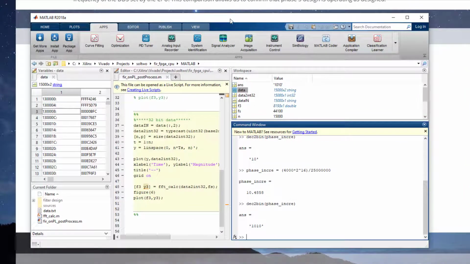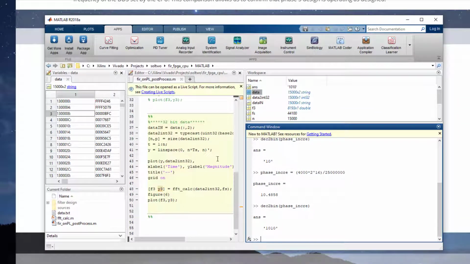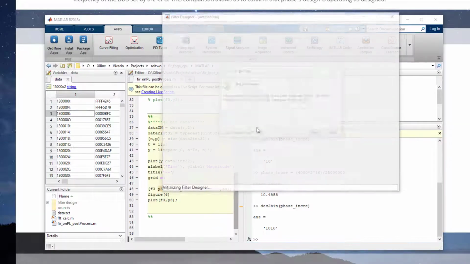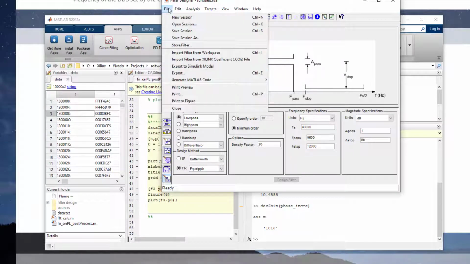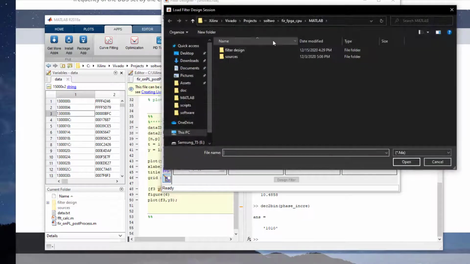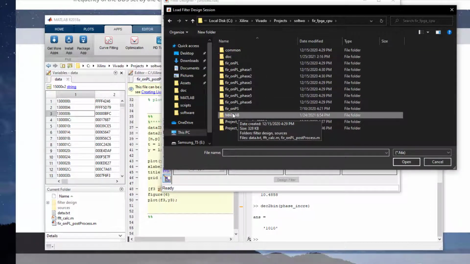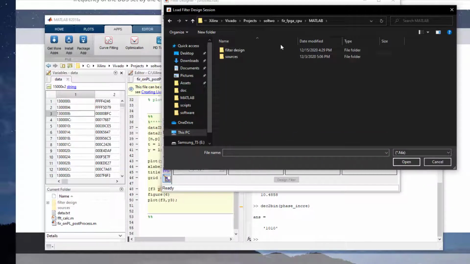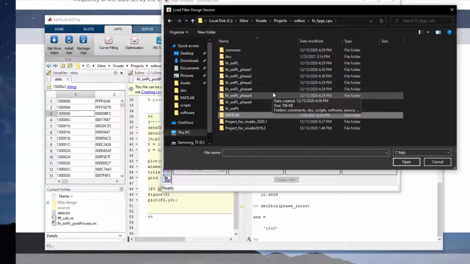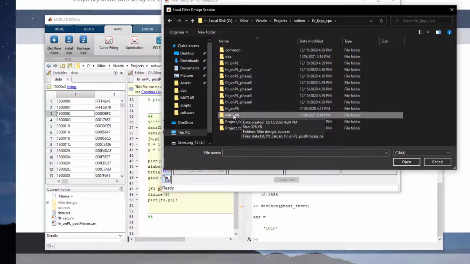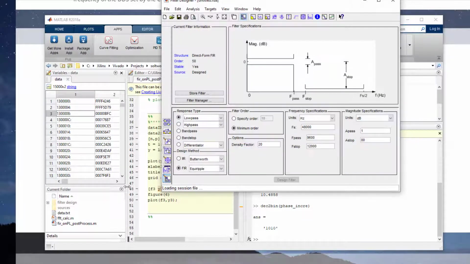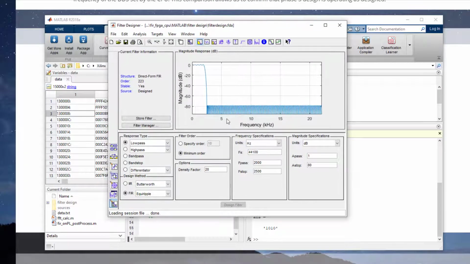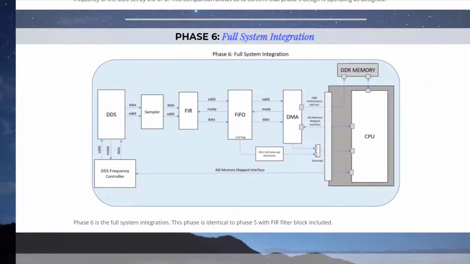If you have some other tool that's fine, but I've used Matlab to design the filter. If I go to apps, filter design, and then I'll open the filters that are already designed. That should be file, open session, and it is available to you if you requested this design. So if you go to the Matlab folder, and for those of you who already watched the previous videos, you are familiar with this folder set. If you go to Matlab, filter design, the FDA extension, it will populate and open the filter